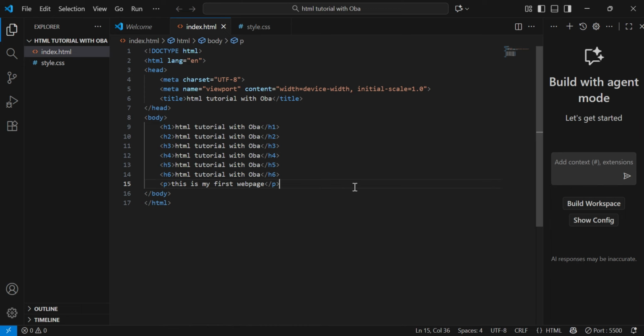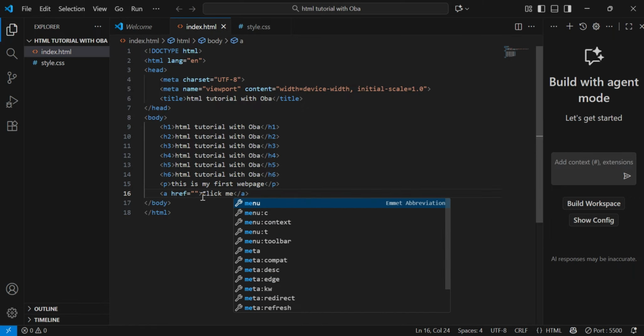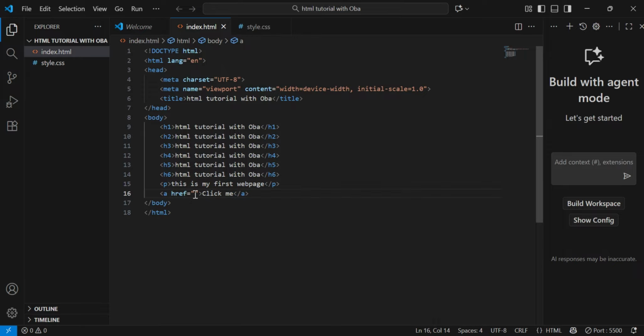So let's move to what we call the link tag. This is a href. We use this to get our link. We use it to redirect the text, because we'll be adding a text here. Let's add something here, Click me, and we'll be adding the link right here. Let's say Google. Okay, let's say www.google.com. So this will lead us to